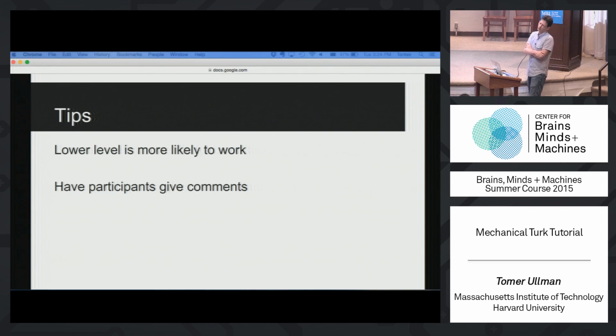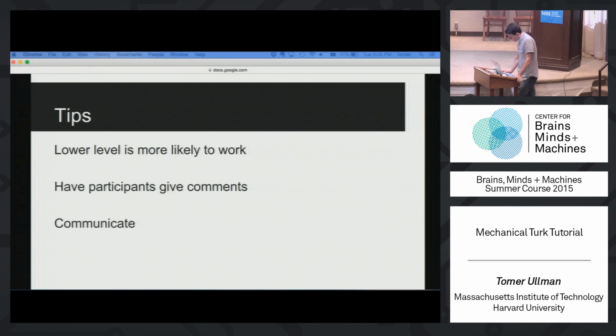Or this button didn't work for me. Or I was actually a bit bothered by the fact that you said that you would kill the robot. Things like that. Or you ask them to give comments like, why, right? You don't put that necessarily in your experiment, but you tell them like, do this, do that, make a decision, why? Like the trolley problem, why? Okay, it's the sort of thing that's not likely to be published immediately, but it's definitely the sort of thing that'll help you think of where to take your experiment next.